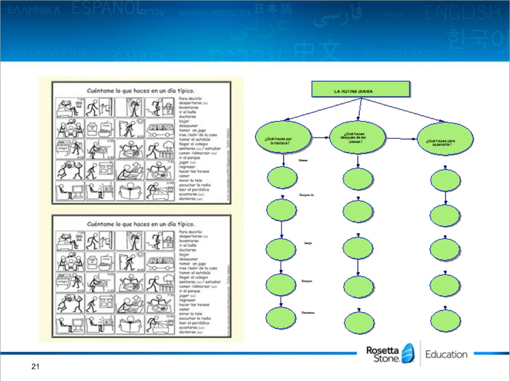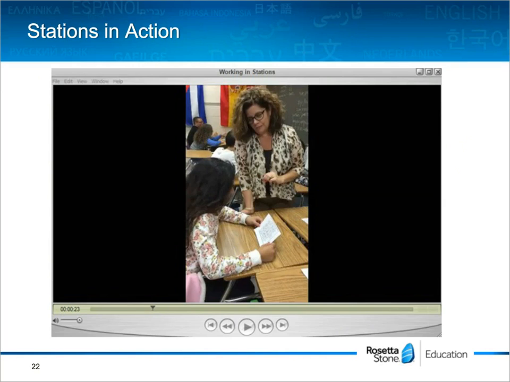Again, it was something that I had, and I printed several copies to put into the station, and the students worked on a graphic organizer for a pre-writing activity. In this next slide, we're going to show a short video that shows me working with some of my students as they are working in these stations.